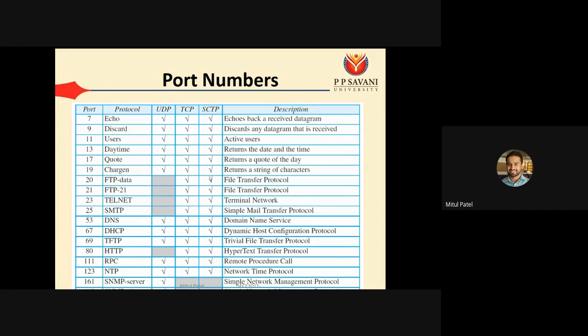Telnet, terminal network, has port number 23. SMTP, Simple Mail Transfer Protocol, port number is 25. DNS, Domain Name Server protocol, port number is 53. DHCP, Dynamic Host Configuration Protocol, port number is 67. TFTP, Trivial File Transfer Protocol, port number is 69. HTTP, Hypertext Transfer Protocol, port number is 80. RPC, Remote Procedure Call,